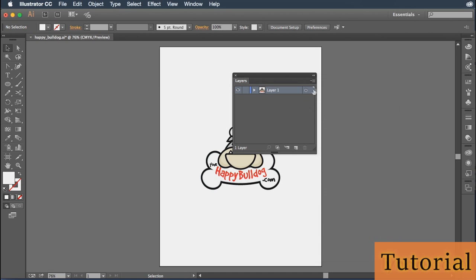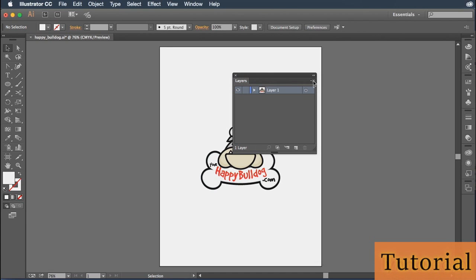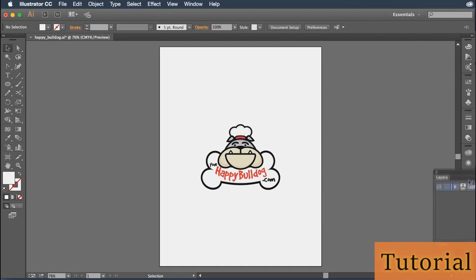If you've got it out on screen like I do, you can dock it back by clicking and dragging it back, and I'll just place mine directly above the Artboards panel like I had it before, or you can simply reset the Essentials workspace if that's the workspace that you're currently using. Now, let's go ahead and take a look at how we can start using layers to make our projects more